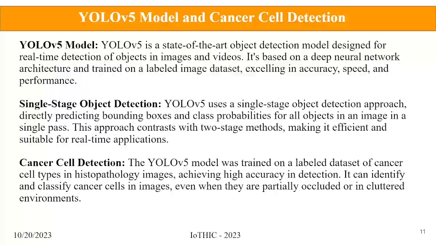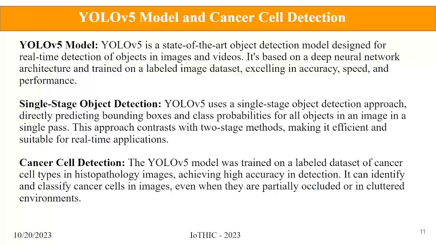Alright, it's time to bring in the big guns. YOLO V5. It's not your average model. It's like the James Bond model of the AI world, trained for real-time detection of objects in images and videos. It's super accurate and lightning fast. But what's the catch? It's trained to spot things in a single sweep. It's like it walks into a room and says, I've got this, and doesn't break a sweat even if the room's a mess.